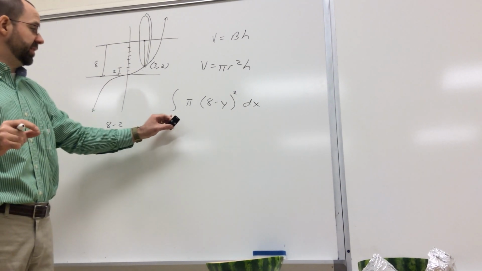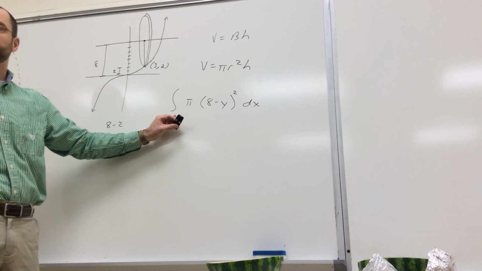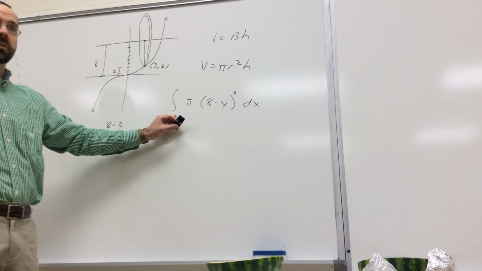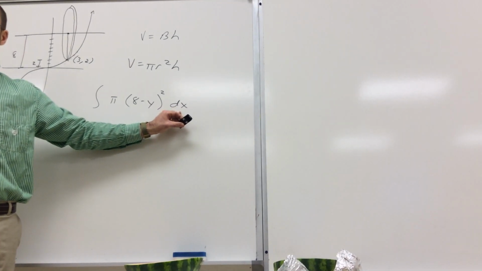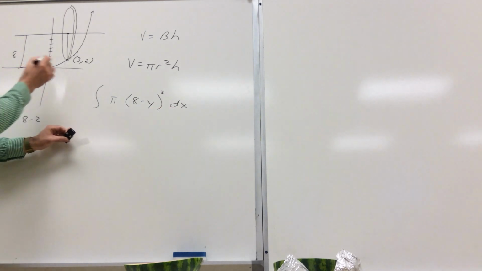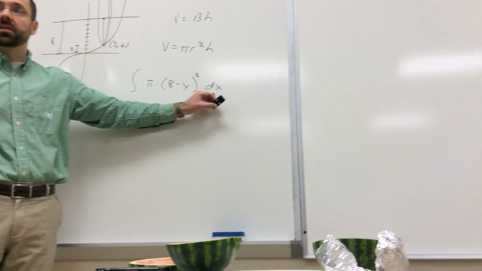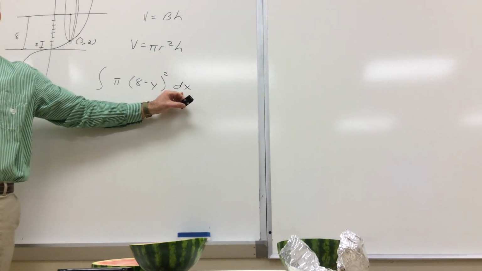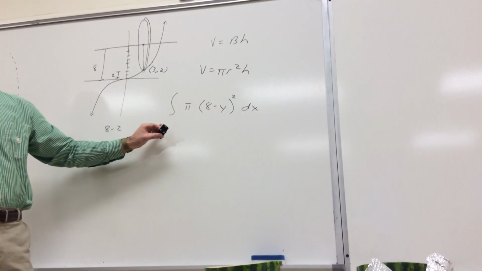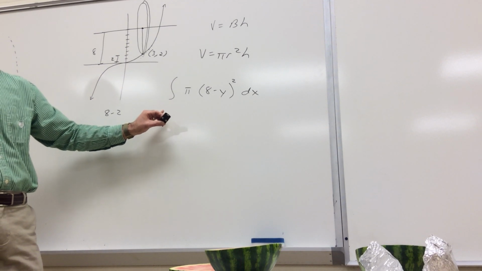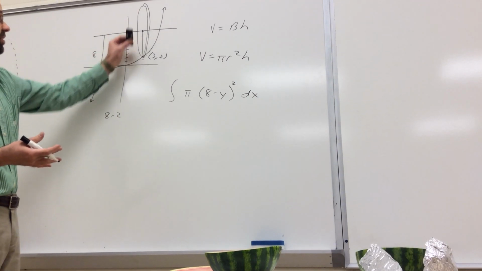All right, so now all I need is these two endpoints. Should they be x's or y's? They should be x's, because the dx makes that decision for us. Since this thickness here, that height was dx, we chose to put a dx there, and that made the decision that our variable was x. And that's why these are going to be x's. So we go with the shaded region, and the smallest x goes on the bottom, and the biggest x goes on the top. So the smallest x is 0,